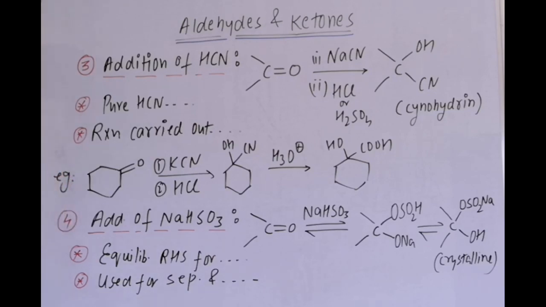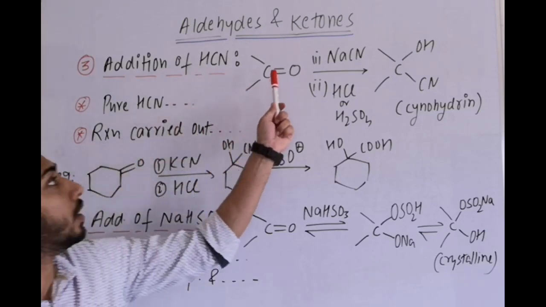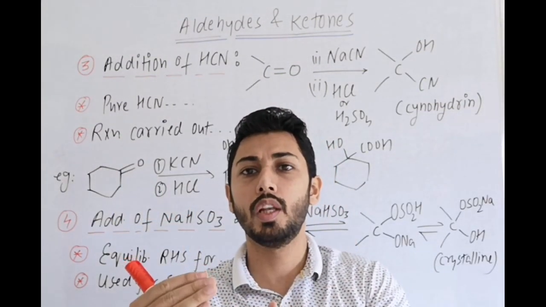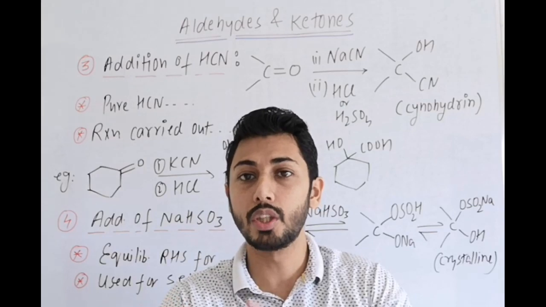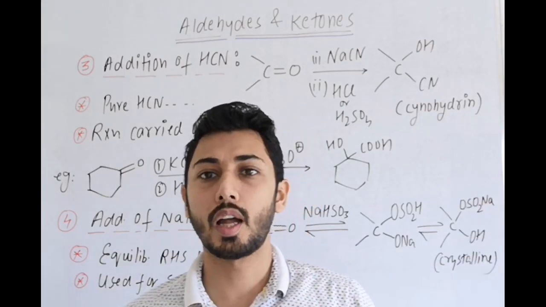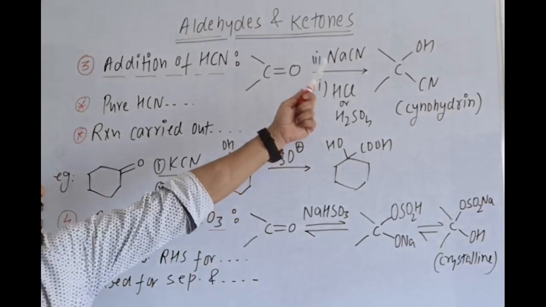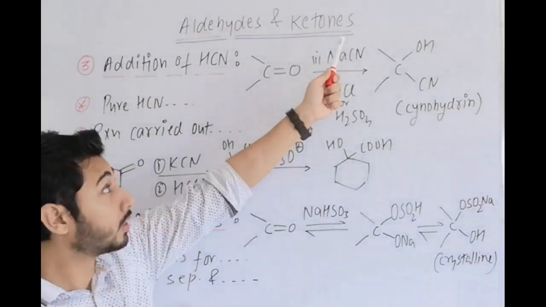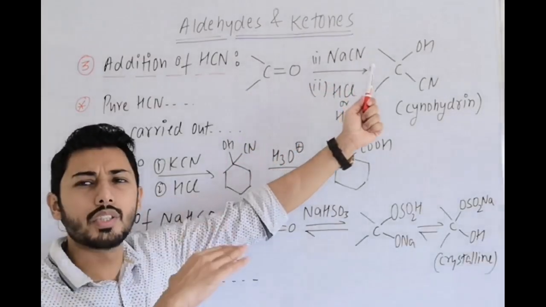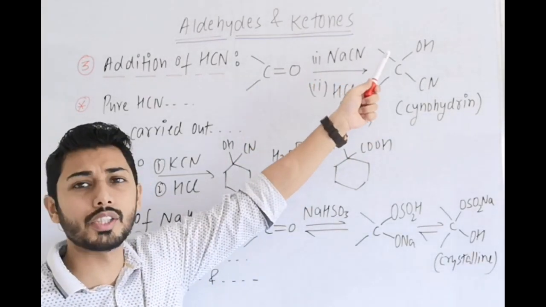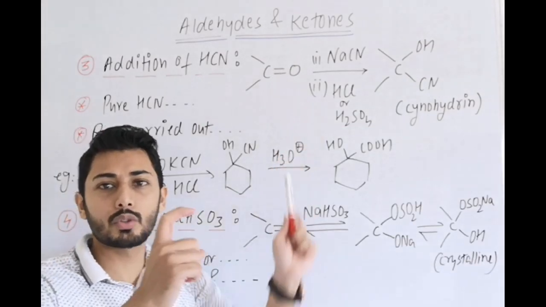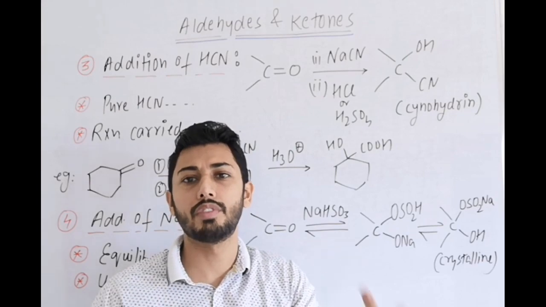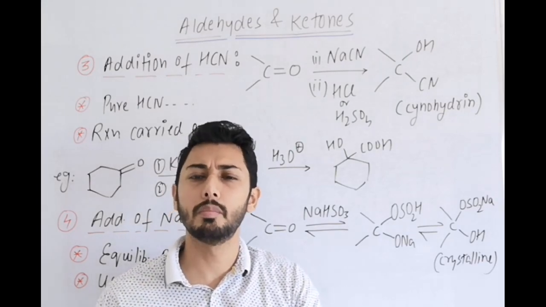Next reaction is addition of HCN, hydrogen cyanide. It is nucleophilic addition. If you remember the general reaction, E plus Nu minus. E plus will form a bond with oxygen and Nu minus will form a bond with carbonyl carbon. So here the representation is that firstly we treat it with NaCN or KCN. I will tell you the reason. In the general reaction you can also write HCN. H will add on oxygen and CN will add on carbon. But in actuality when this reaction is given, it is better that it is given like NaCN or KCN in the first step and the second step with HCl or simply H plus.